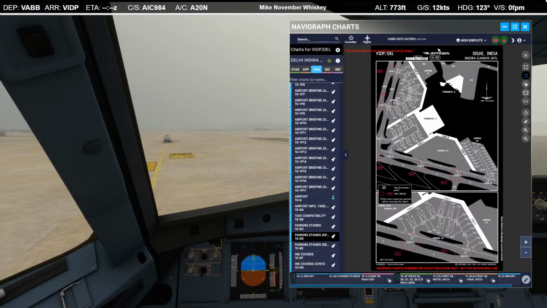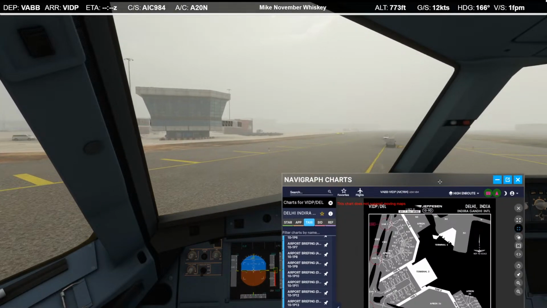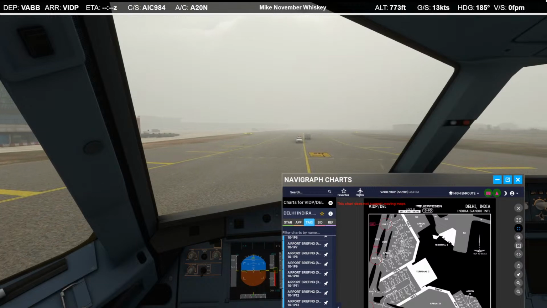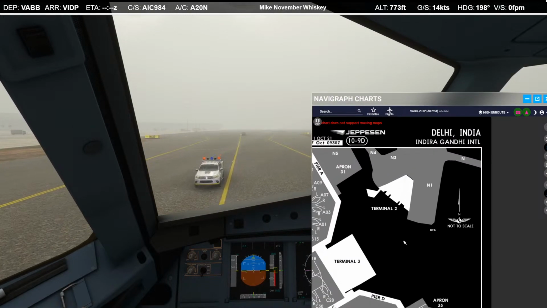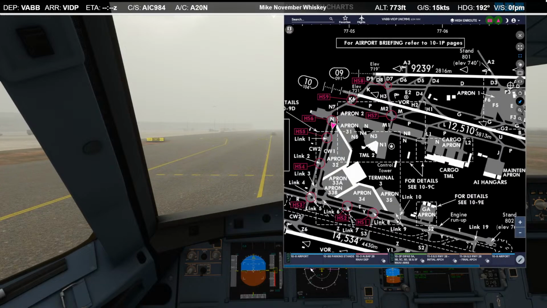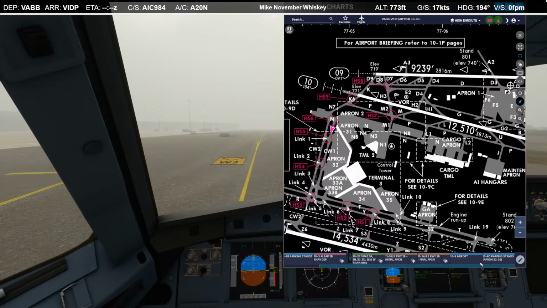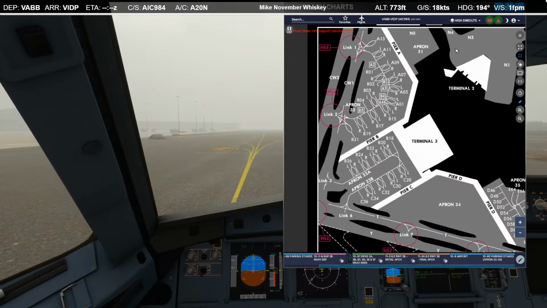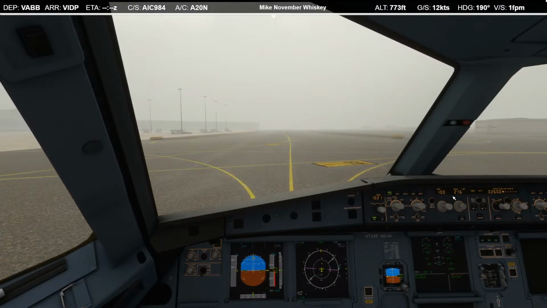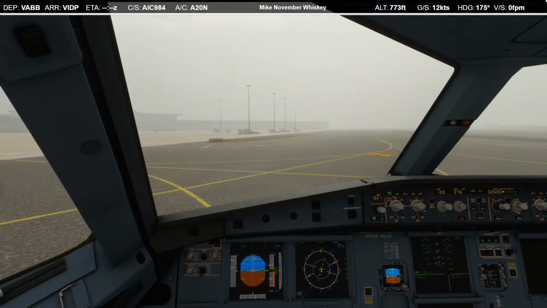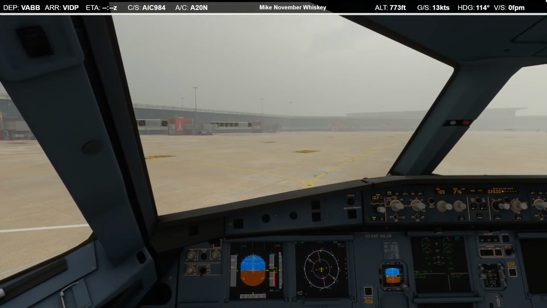Alpha 9. Okay, it'll be this next left. Alpha 11.